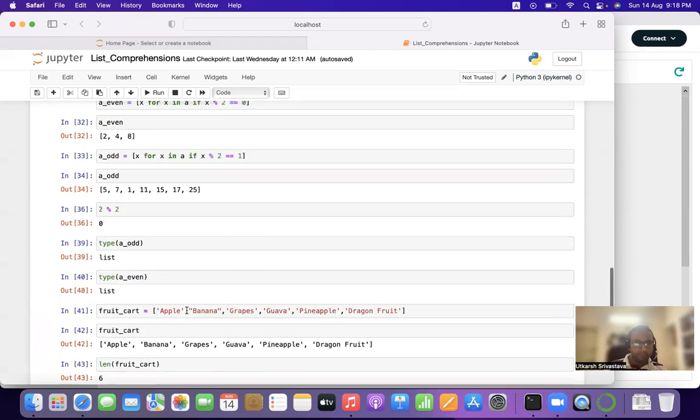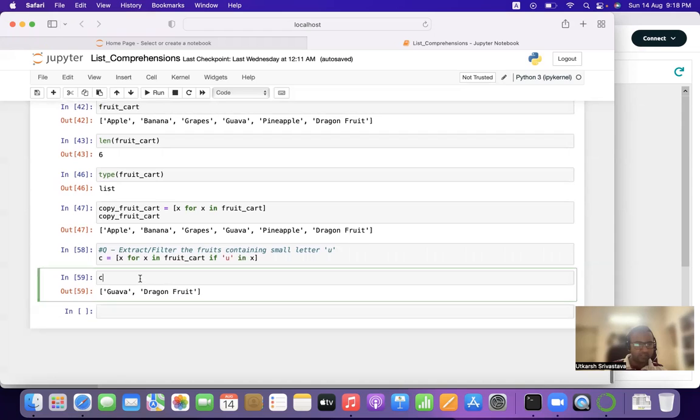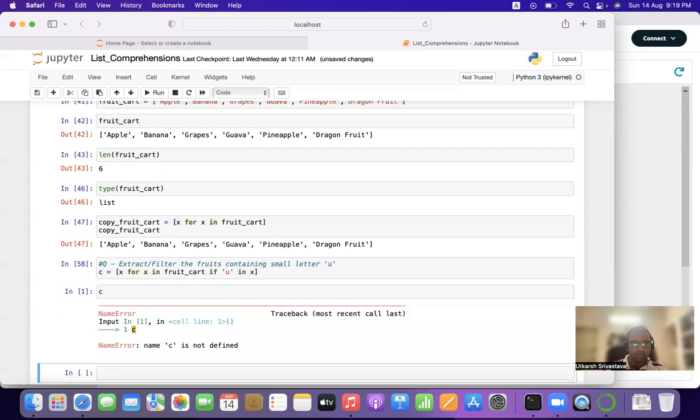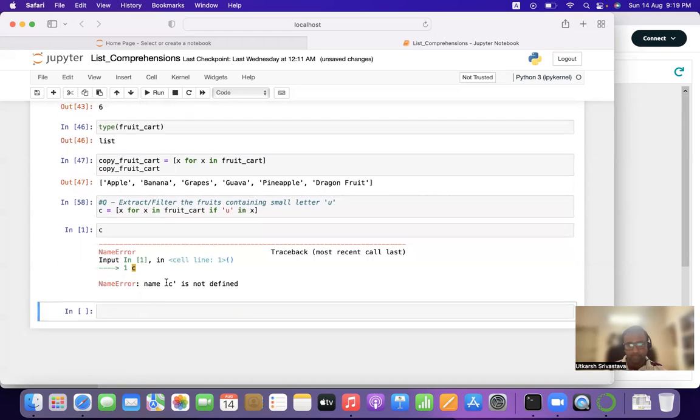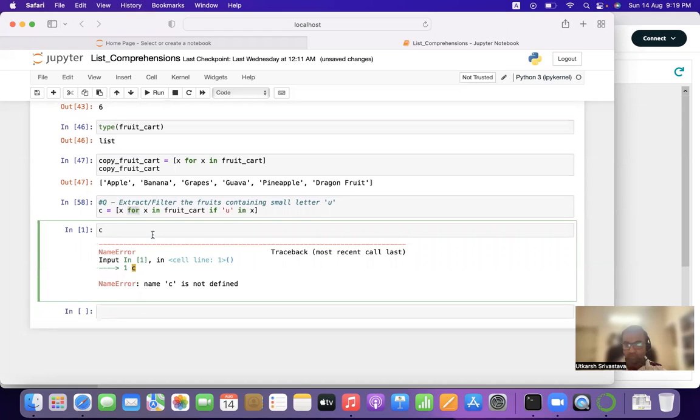Let me run this cell which says print C. It shows me an error: C is not defined. Now, C is defined over here, so why is it showing an error? In Jupyter Notebooks, whenever we open up a file that we worked on, say four days back, it says last checkpoint last Wednesday, 10th August 22, 12:11 a.m. So whenever we worked last, let's say yesterday or four days back,